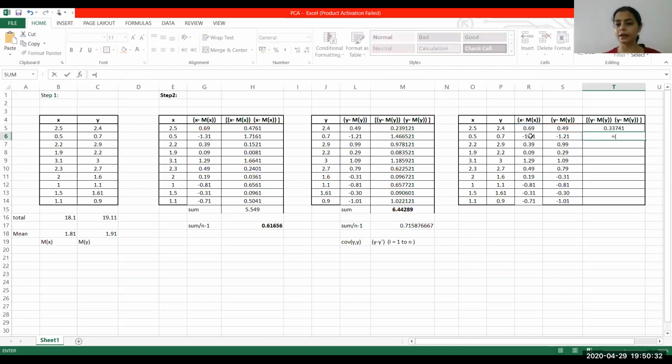We will multiply this column with y minus y bar for all the i's.